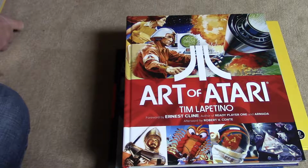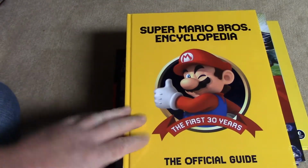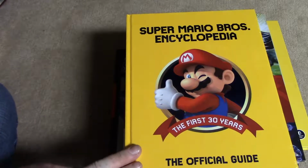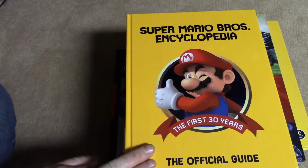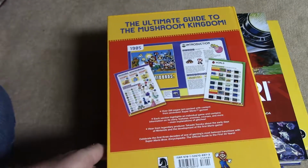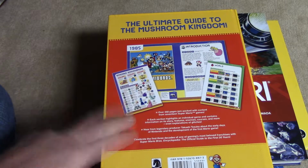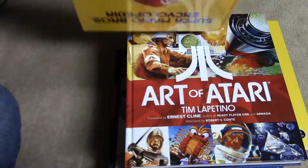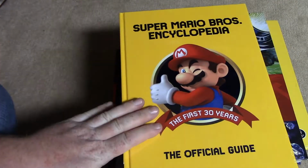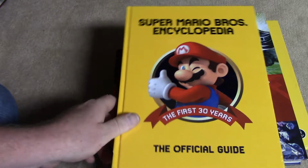And man, these books are heavy. Alright, we have the Super Mario Brothers Encyclopedia. Now, I just got this recently, the first 30 years, so I haven't even checked this out yet, but I'm sure it's great. Actually, I might have to take a look at that tonight. Because, yeah, Mario is awesome. And the first 30 years, I remember all this stuff, so for me, this will be a trip down memory lane, that's for sure. Well, alright, so pushing all those aside, which is probably about 80 pounds worth of books,